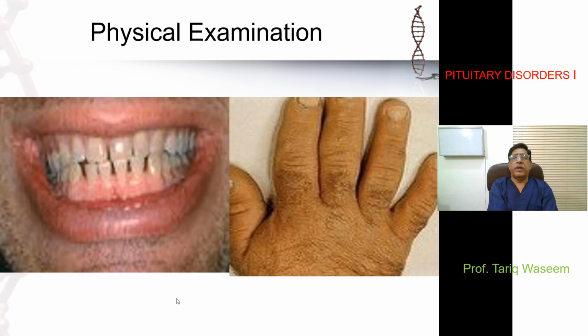This is a picture to show this person's jaw and teeth, which shows, as we mentioned, that there is a lot of space in between the teeth, which suggests that his bone has expanded, leading on to the teeth widening. And this is again his broadened hands, which again is as a result of a soft tissue hypertrophy, and these hands are called spade-like hands.